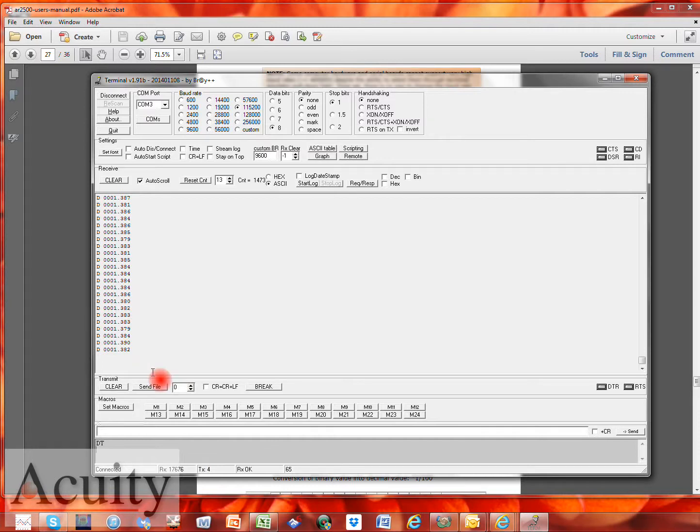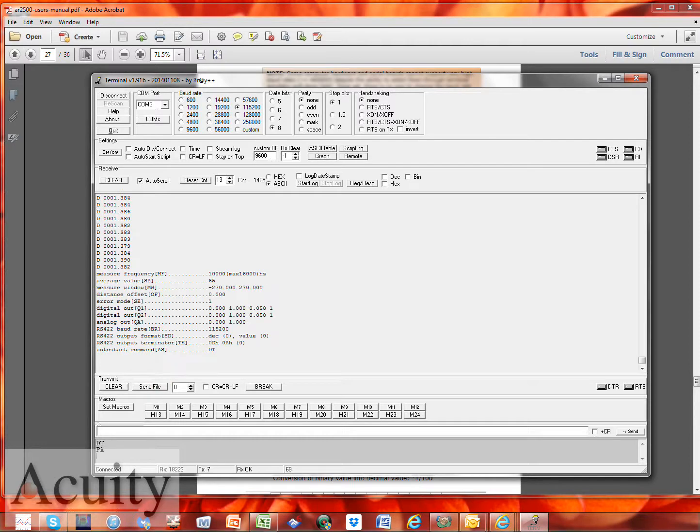I'm going to type in PA, enter, and here you can see the format that the sensor is set up to. So let's come back in, and we're going to change. Here we've already changed the SA value to 65, which will give us about 150 hertz. I believe you also wanted an SE0 setting, and then we're going to put in for the analog,